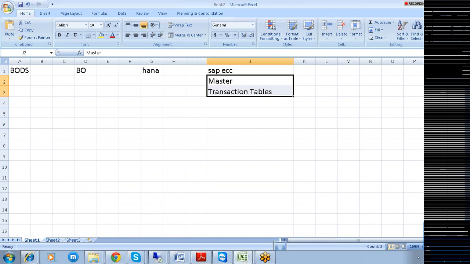For that, there are two types of replication: ETL based replication, and SLT based replication, which is trigger based replication. With ETL based replication, we can customize the data as per your requirement and then start loading the data into the HANA system.